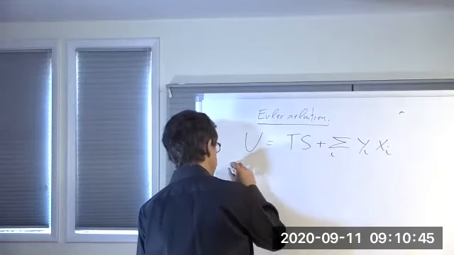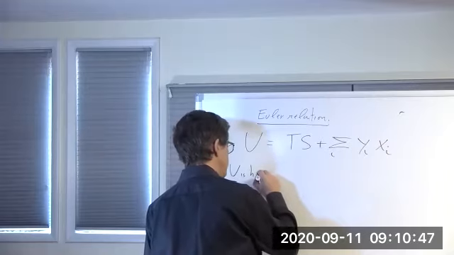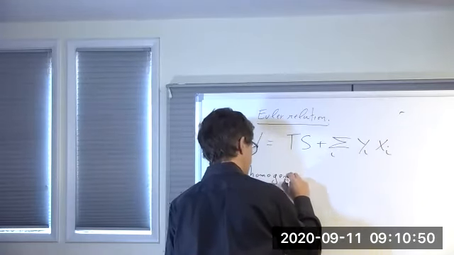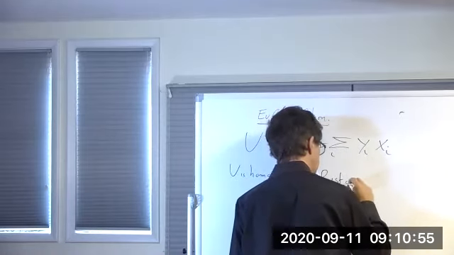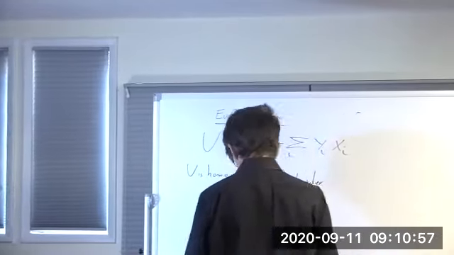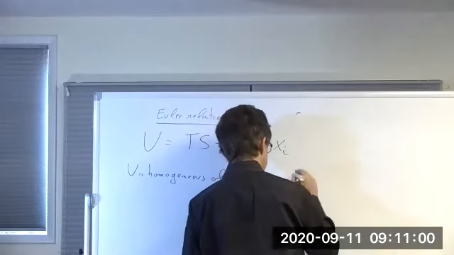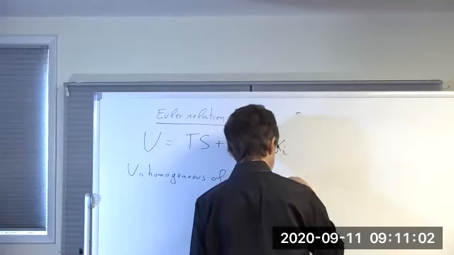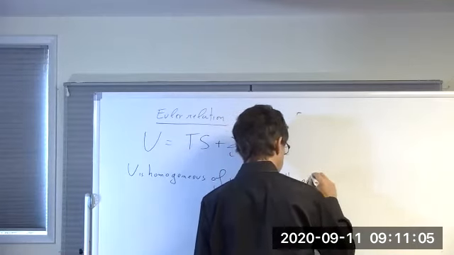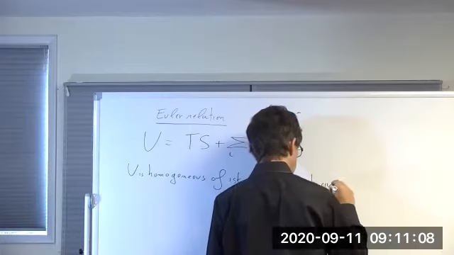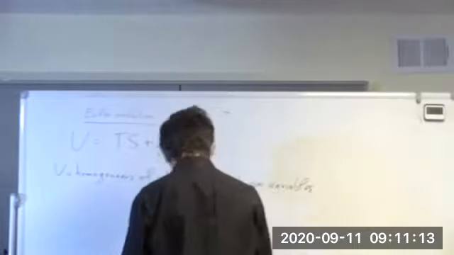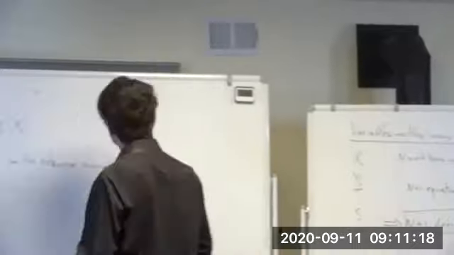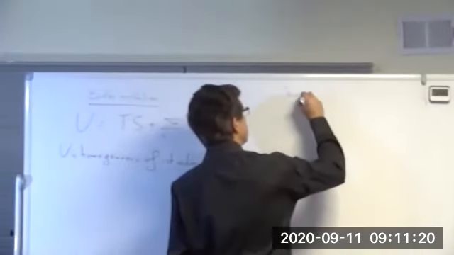And first I have to state that U is homogeneous of first order in its variables, which is the extensive variables. If you've forgotten what homogeneity means, let me just repeat it for you. So you are homogeneous of order n